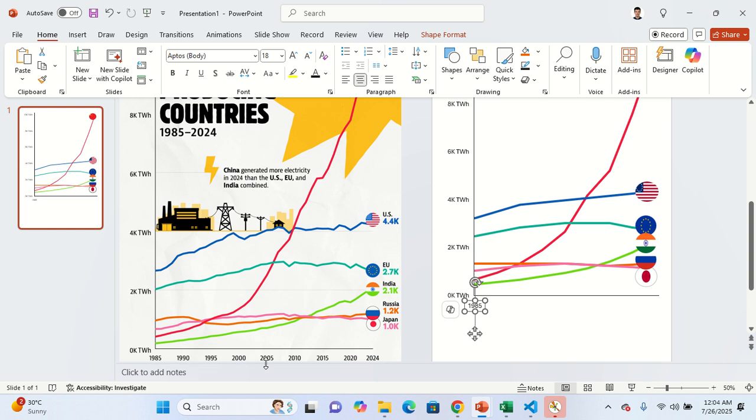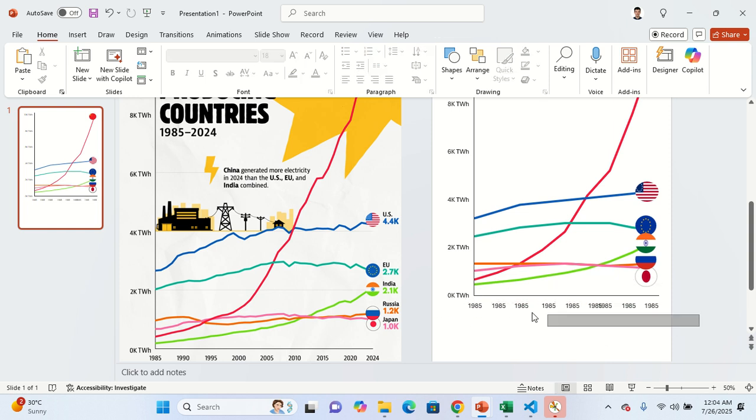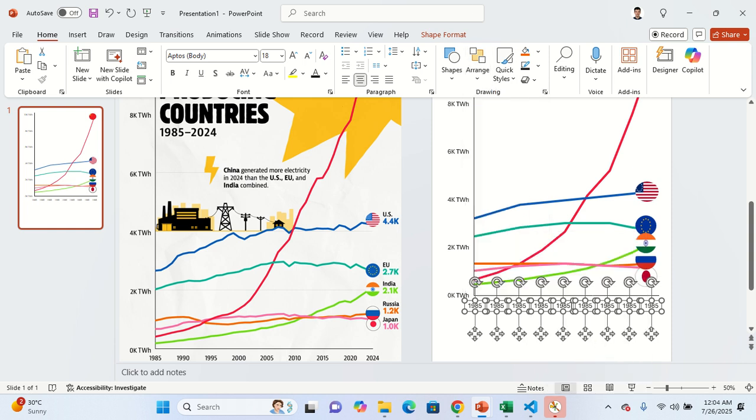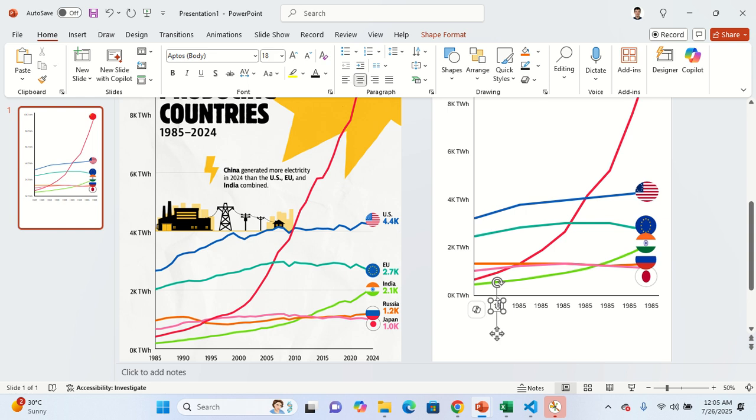1 2 3 4 5 6 7 8 9. So 1 2 3, 6 and 9. I'm going to select this. I'm going to go here, arrange, align, and now this time I'm going to do horizontally because these are horizontal. Okay, so 1985, 1990, 1995, hold on, 1995, 2000, one more, and then 2005, and then 2010, 2015, 2020,